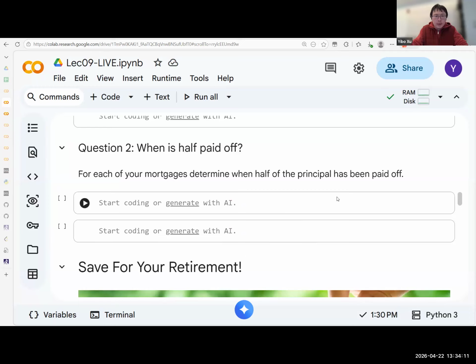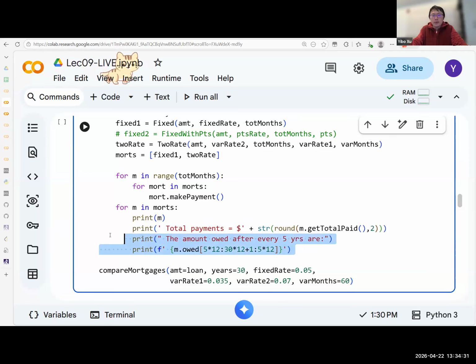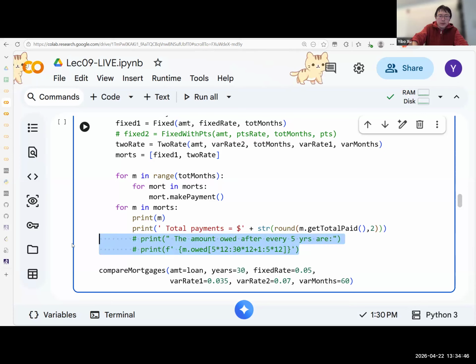Now for the second part, for the second question, for when is the mortgage half paid off, that's gonna be the same thing that I'm gonna do. So for whatever I modified on the top, I'm just gonna copy it down because I know it's bug free, and then I'm just gonna modify from there. So I'm only manipulating the outputs, okay? So nothing else. So that's the incremental method that we are beginning with, for the coding for beginners. So comment these out and